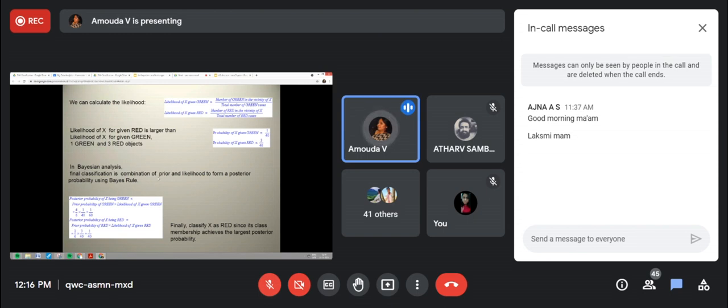So the classification is a combination of prior and likelihood to form a posterior probability using Bayes' rule. You can see it here. The posterior probability of X given green is proportional to the prior probability of green times the likelihood of X given green. Only for green I am taking that: 4 by 6 multiplied by 1 by 40.